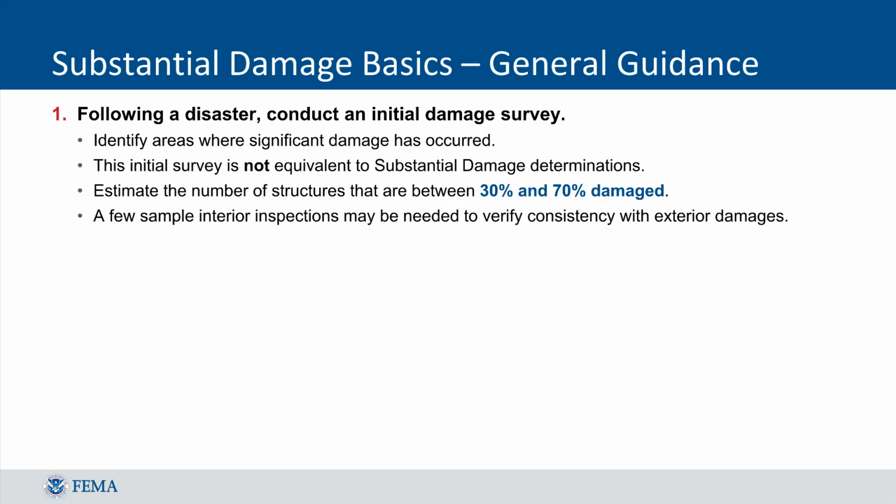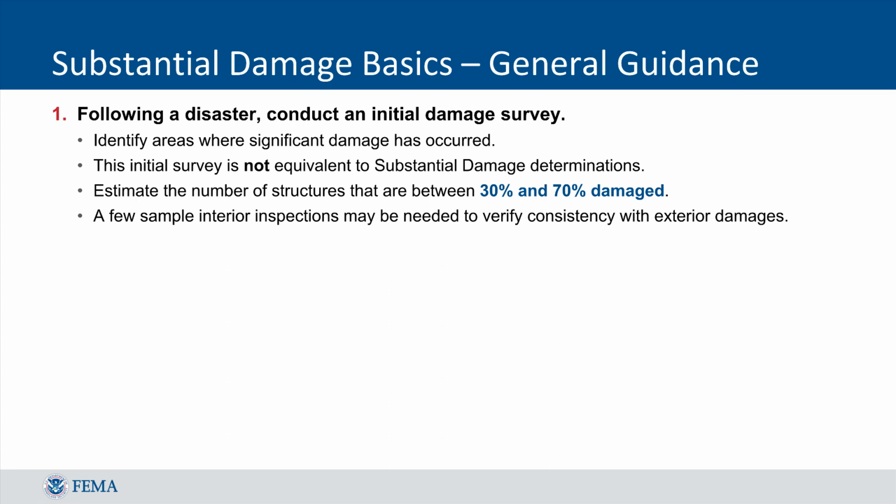For substantial damage determinations, an initial survey will need to be completed first. This is done to estimate the number of structures that are in the range of 30 to 70% damaged. The percentage is the ratio of repair cost to market value of the structure. This survey should track and record the structures that are not substantially damaged, under 30%, and those that are definitely